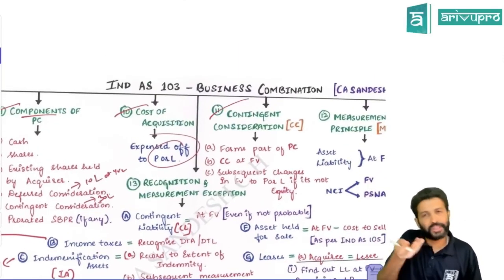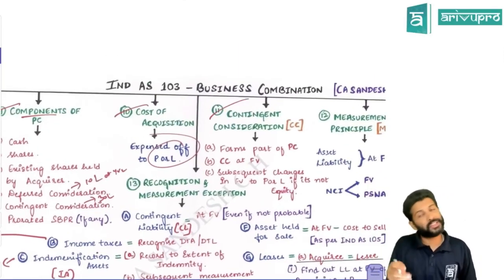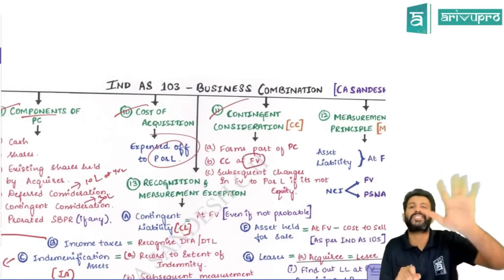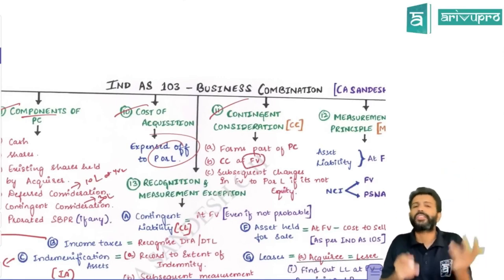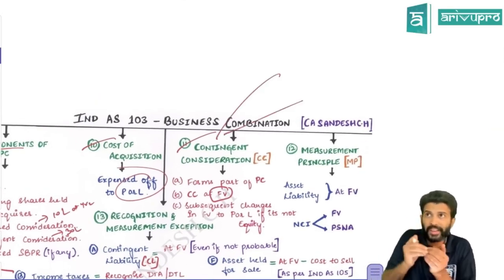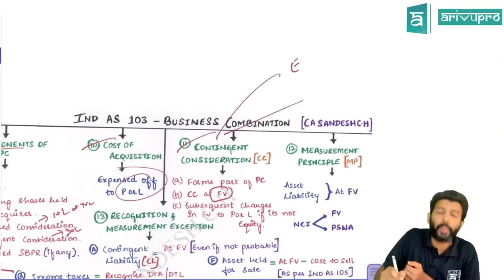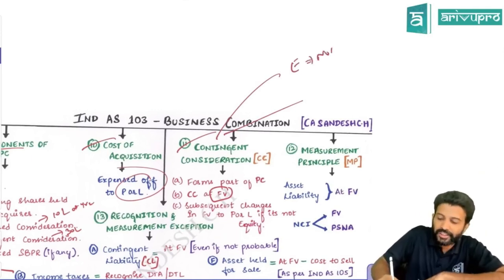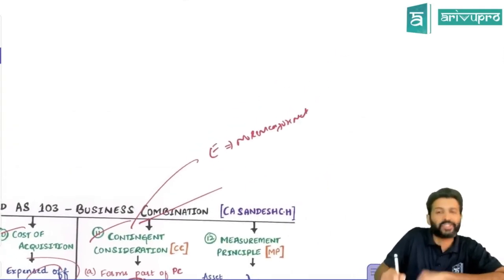Next is contingent consideration, which we already discussed. The contingent consideration can also form part of purchase consideration. They will give you a fair value of contingent consideration. Consider that. So subsequently, what to do? Subsequently, check how this contingent consideration is valued. If you're giving contingent consideration in the form of equity shares, and that equity share is classified as equity, it means no remeasurement is necessary, because equity does not have any remeasurement concept. Once you decide its value, that's all it is.